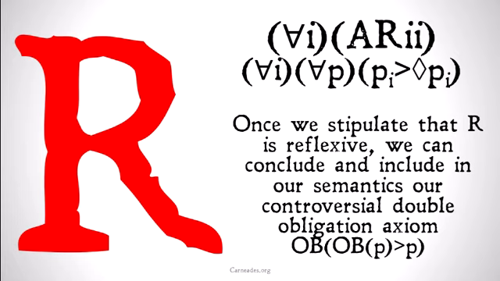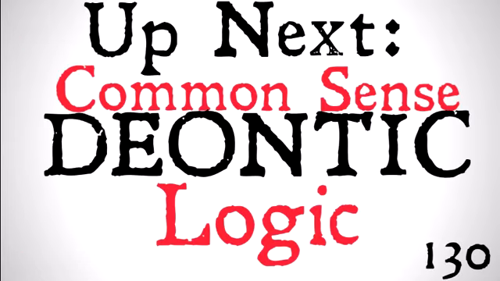Once we stipulate that R is reflexive, we can conclude and include in our semantics our controversial double obligation axiom and complete our KTD augmented reductionist semantics. Up next, we're going to be looking at the final video in Deontic Logic, or at least the final official video, minus any surprises we have for Halloween,